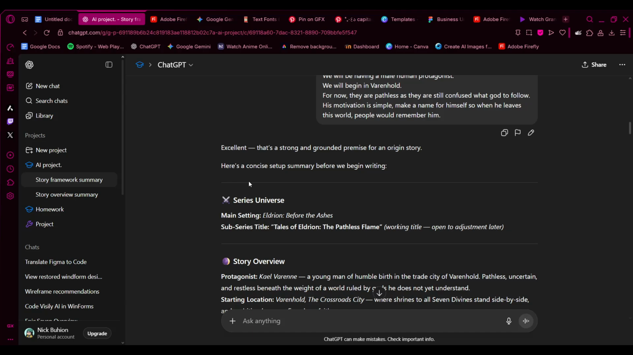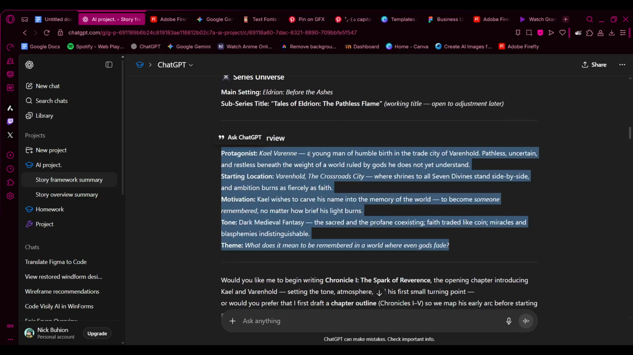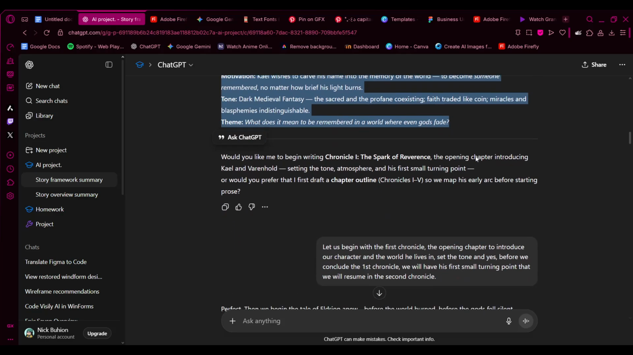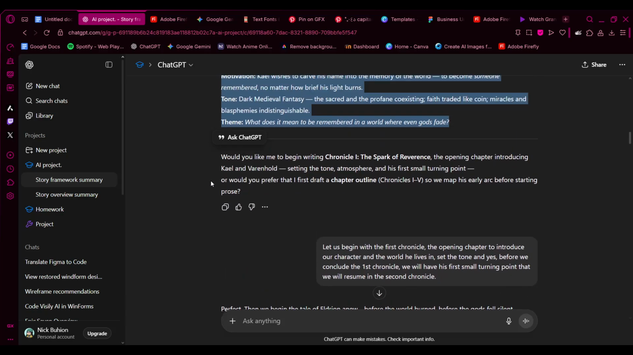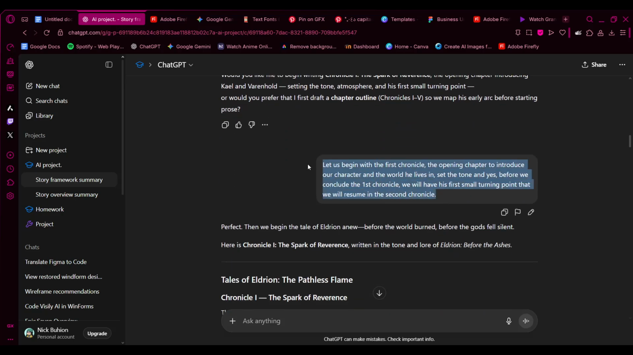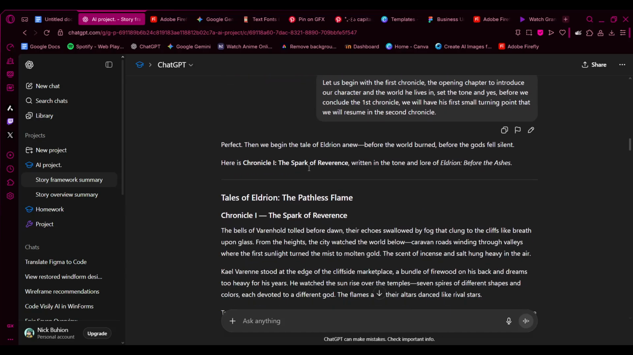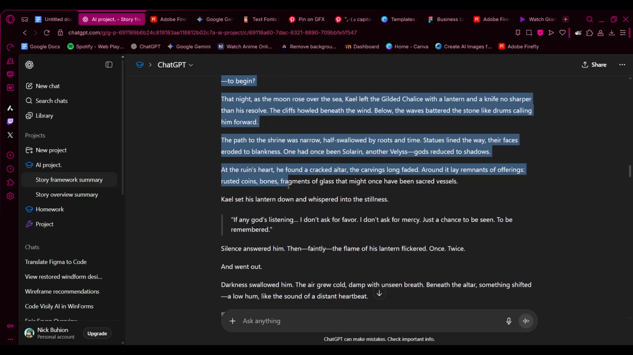After that, GPT started writing. It gave me the story overview as well as the title. Although I did change the title, because I didn't like it. And I told it to begin and do the opening chapter to introduce the character and the world he lives in. So it wrote down the chapter,